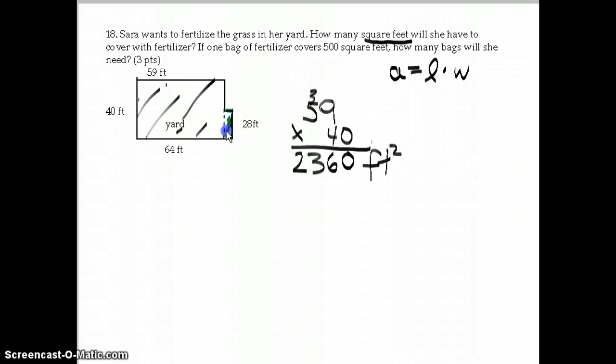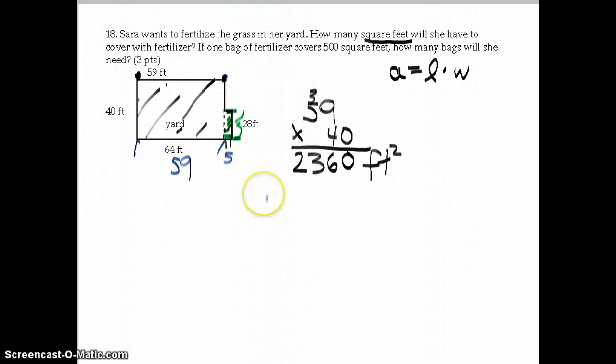Okay. But then we need to figure out what is the area of this little tiny small rectangle part of the yard right here. Okay, so we need to know what are the dimensions. Well, we know one side is 28 feet. This side is 28 feet right here. But what is this side right here? What is that little width? We can figure that out because we know that the width of the entire yard is 64 feet. And let me get another color here. And this side from here to here is 59 feet. So we know that from here to here is 59 feet. And if the whole thing is 64, 64 minus 59 leaves 5 feet for that tiny little piece out there